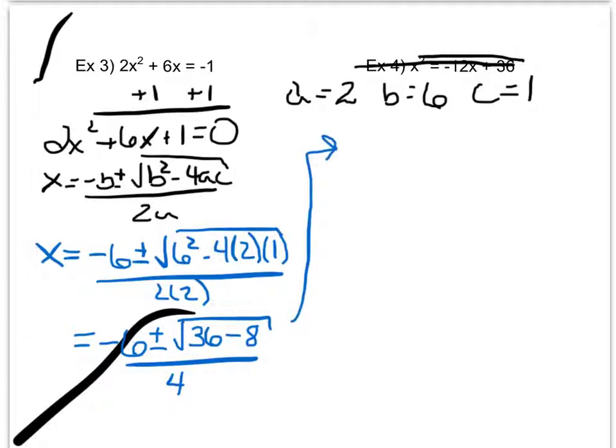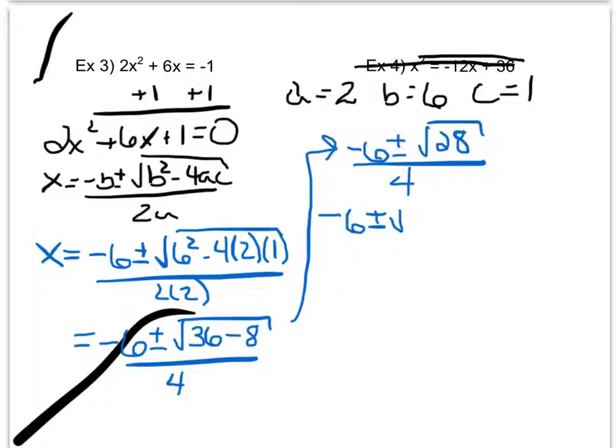Again, coming up here because I am running out of room, that gives me -6 plus or minus the square root of 28 over 4. Remember we talked about in class or online that whenever we have a square root that contains a perfect square under it, we can simplify that by taking that perfect square out. So I know that 28 can be divided by 4, so I will rewrite this as -6 plus or minus the square root of 4 times the square root of 7 all over 2, which then simplifies to -6 plus or minus 2 times the square root of 7